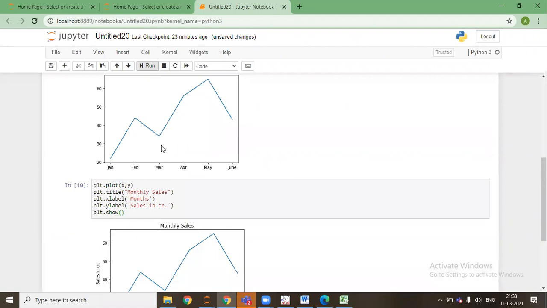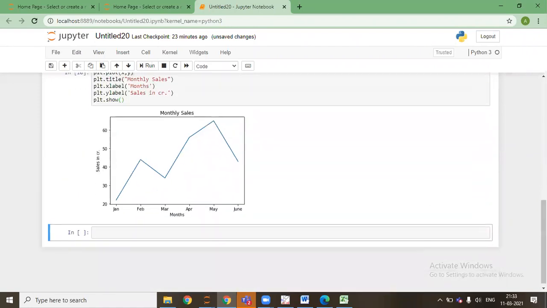So even though I don't use these graphs very often, some of the basic graphs I use. So this is how it looks.